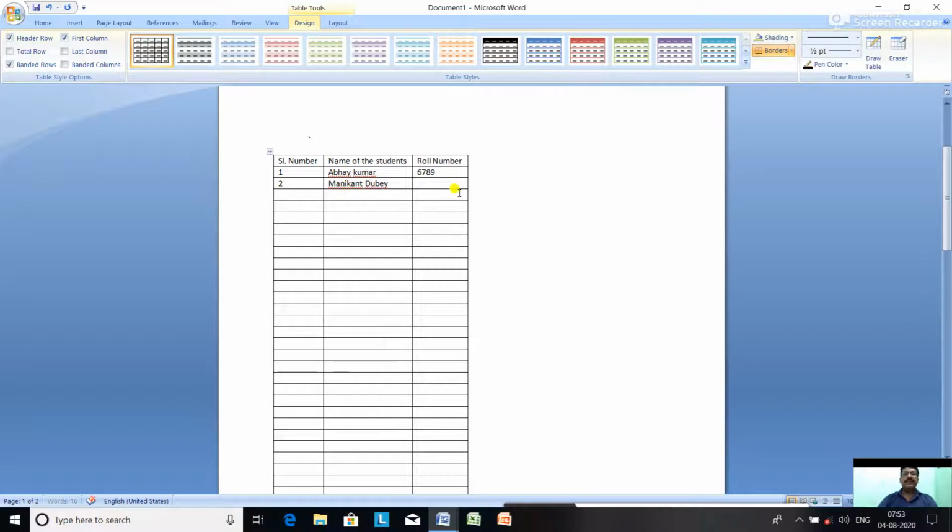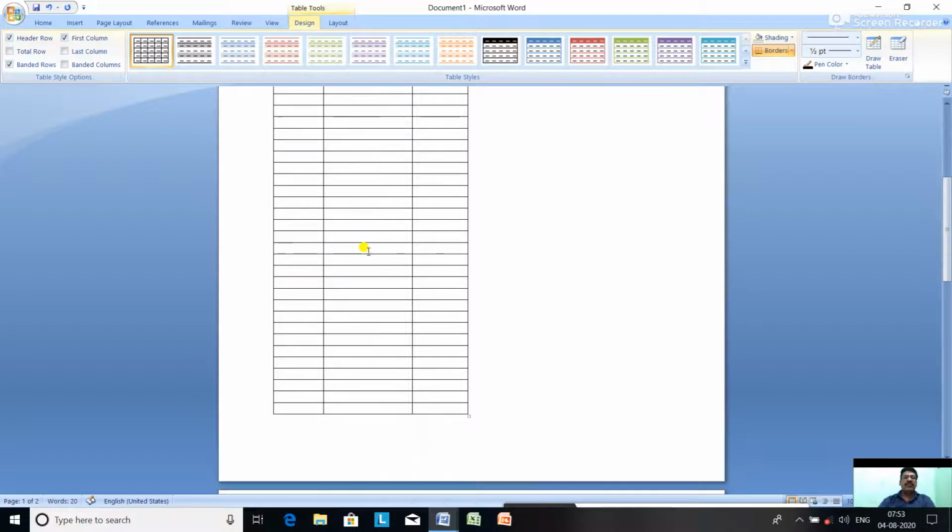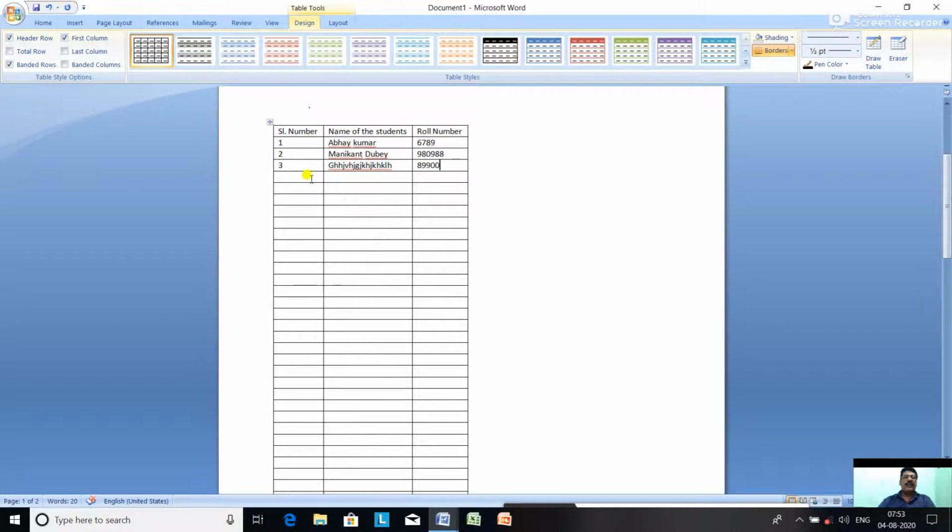Roll number, type any roll number. In the same way, click on serial number 3, go to the name column, type any name, go to roll number, type any roll number. Like this, you can create your full table and type all the serial numbers, names and roll numbers of all the students in your class.